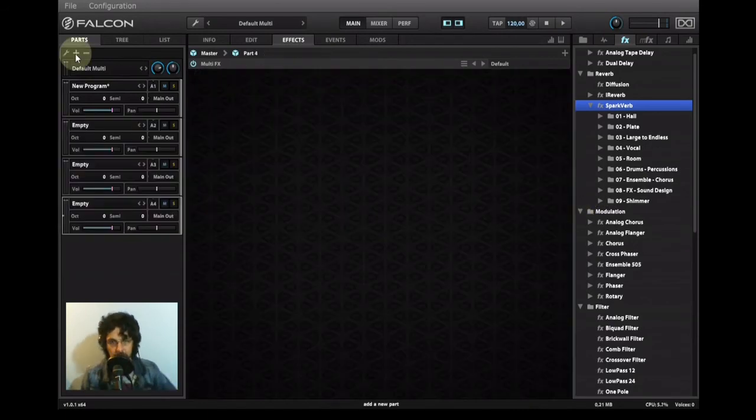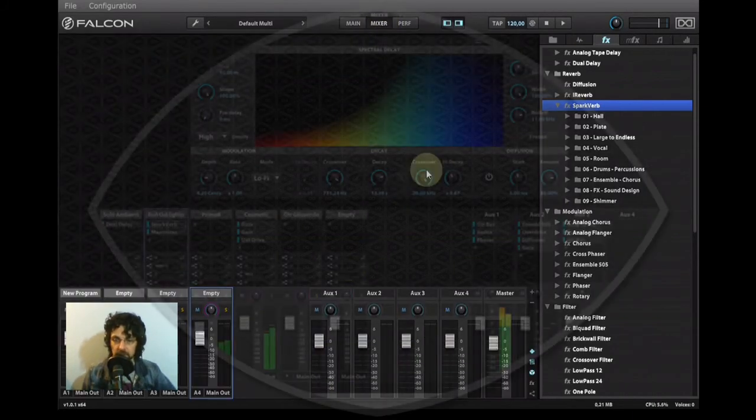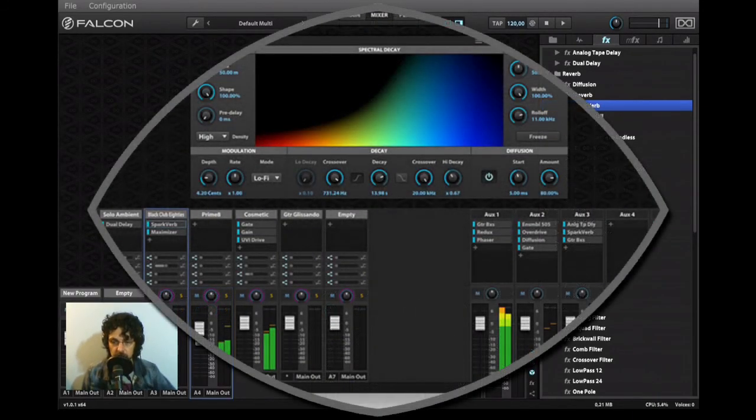Okay, let's move on. So at this point you may ask yourself, how is it possible to organize all these signal flows, such a large amount of sounds in a single instance and performance? That's why there is a mixer. Being Falcon, this multi-timbral instrument has a dedicated internal mixer. As we said already, it has up to 17 pairs of outputs available,